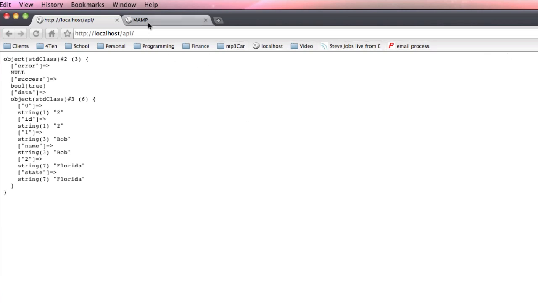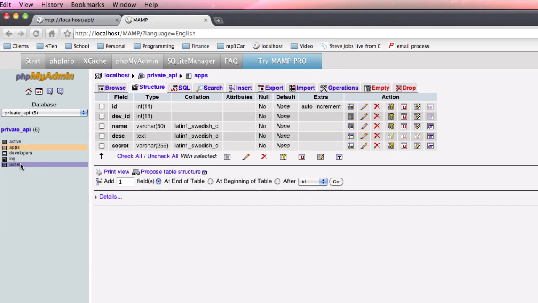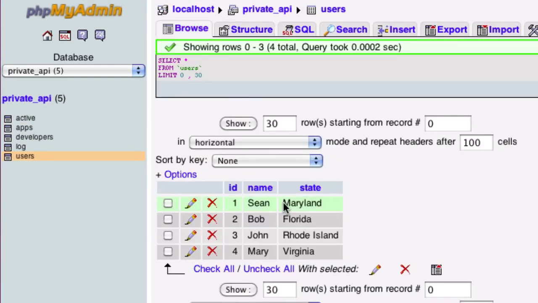Let's say you have a database like this, a database of users, and you want to let people get access to your database, but you only want them to get access to it privately, as in you can't see this out there. And you also want to track who's using the API and what application they've built to use your API. Okay, so we're gonna do all that. Basically, I'm not gonna program this with you. I'm only gonna explain it because it's way too in depth to actually do in front of you.